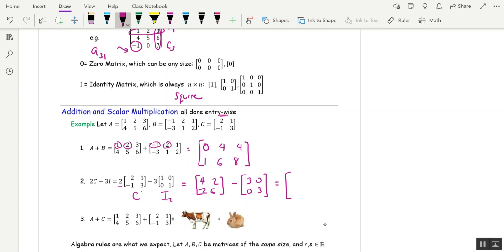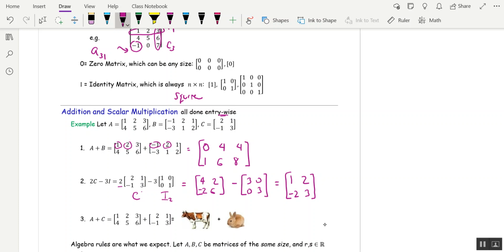On the top row, 4 take away 3 is 1. And then 2 minus 0 is 2. And then -2 minus 0 is -2. And 6 minus 3 is 3. So fairly straightforward. The next one I can't do, because I'm taking a 2 by 3 and I'm adding it